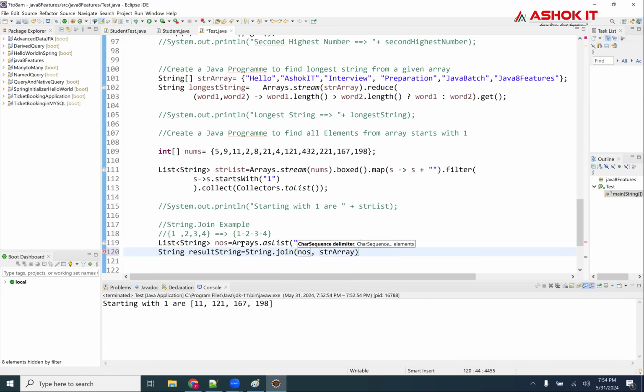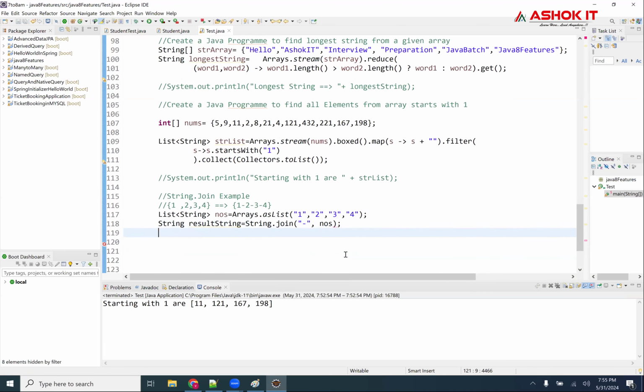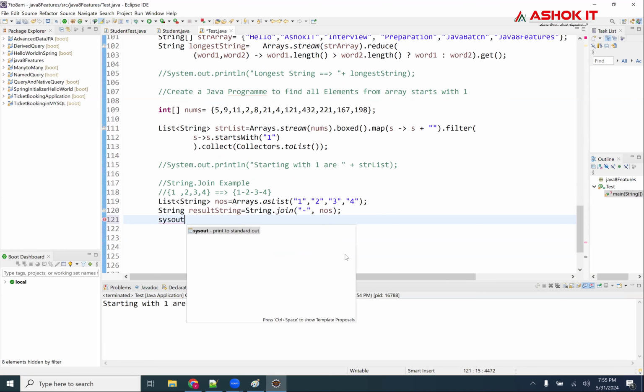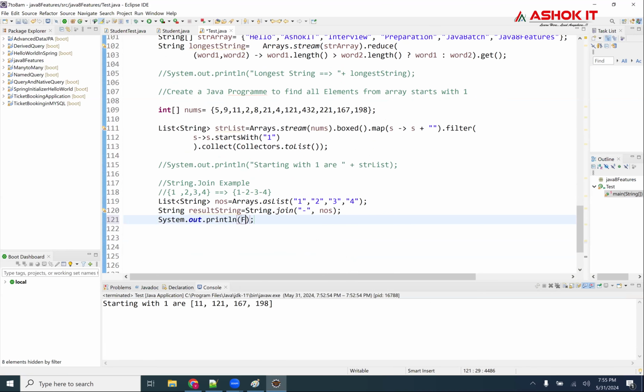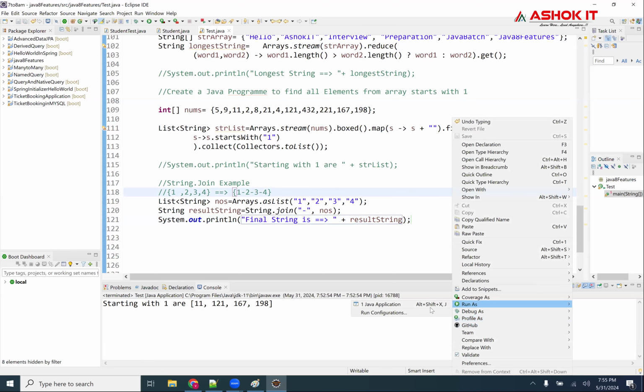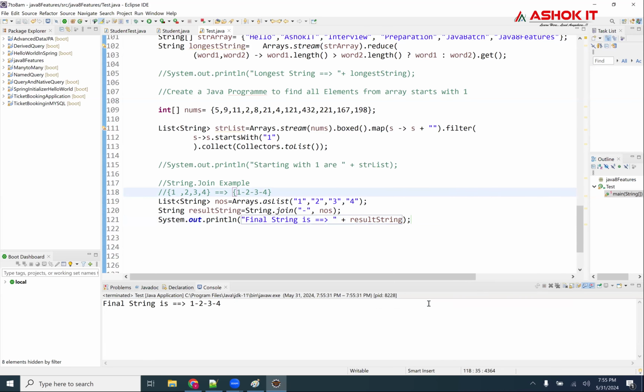Sorry, first I need to write the delimiter, first delimiter and then the strings. So sysout, final output plus result string. Now you're able to see that 1-2-3-4.